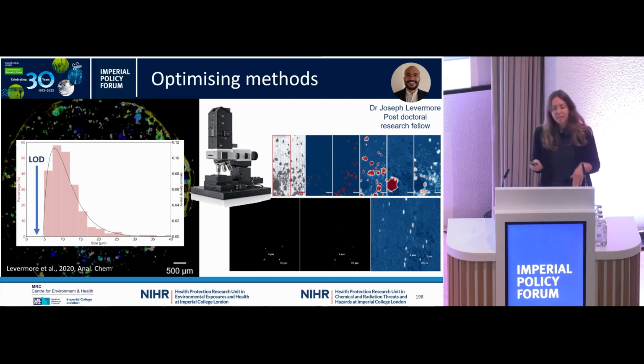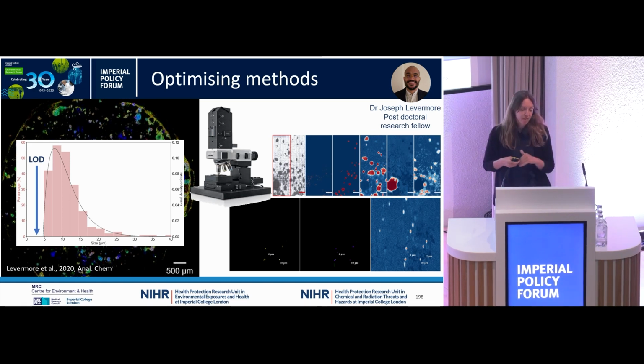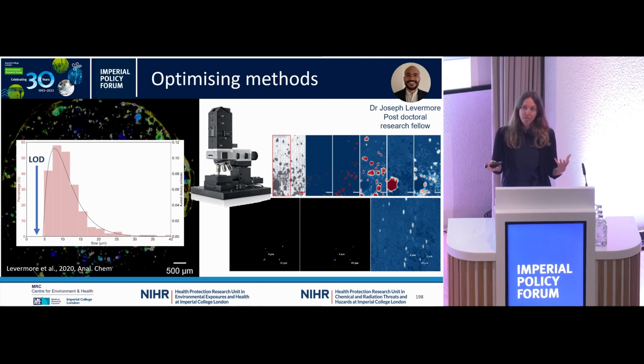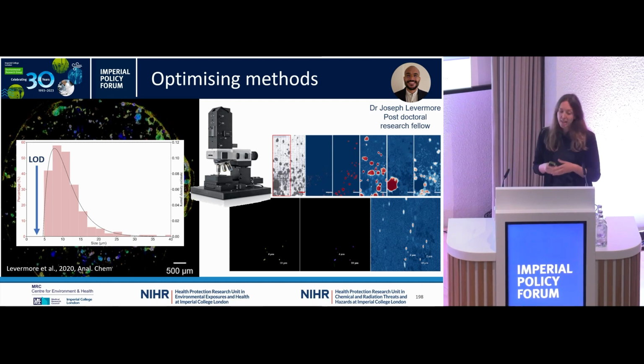So rather than the fact that the microplastics just stop at 5 microns, it's more than likely that there are smaller microplastics in the sample. They would just be on that limit of detection for that method at the time. And so in this particular site, we found around 2,500 microplastics per cubic metre of air, which, if you know about air pollution and number concentrations, is a relatively low amount, probably less than 1% or 0.1% of the total particle number concentration.